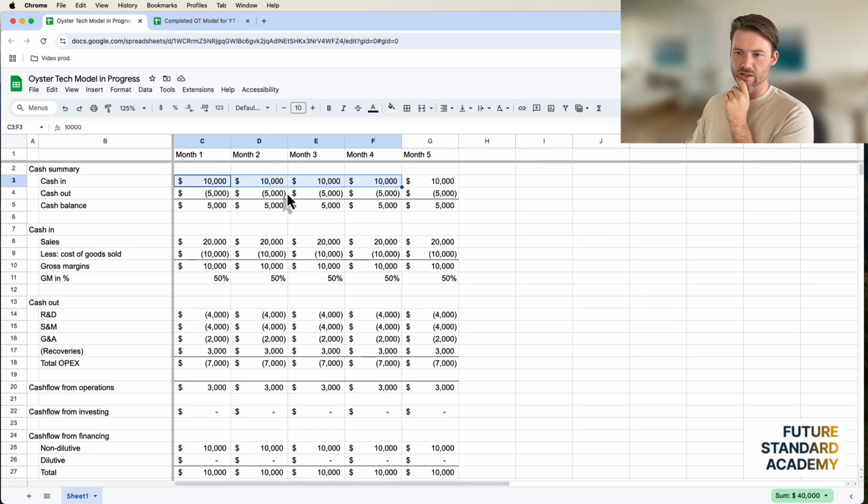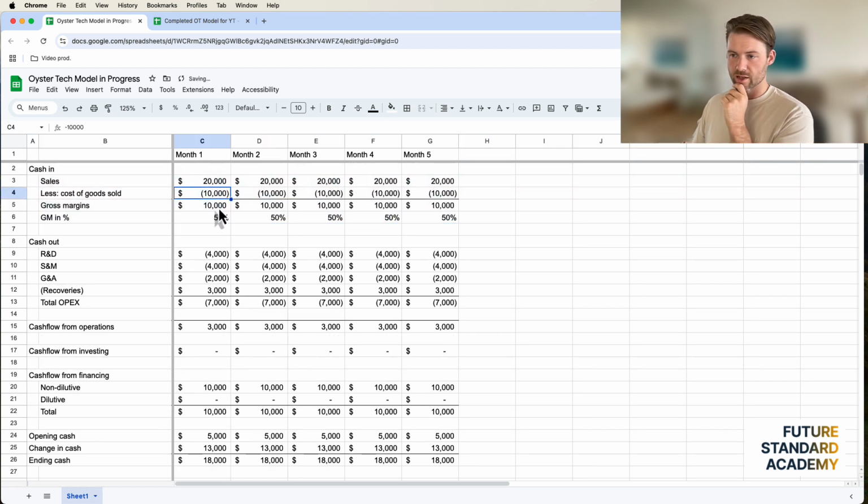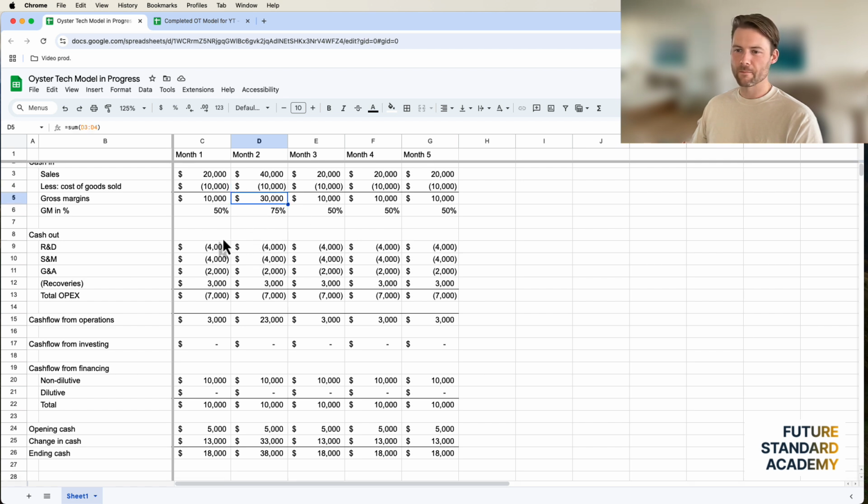So let's just say sales and cost of sales. Actually, we don't need this. It's just what I was going to say. Sales and cost of sales were consistent over all the months, or whatever. Maybe there was a bump here and gross margins go up, because that should have gone up. Usually you're going to see your cost of goods sold go up with sales, so it doesn't really matter. Let's just leave it at that.